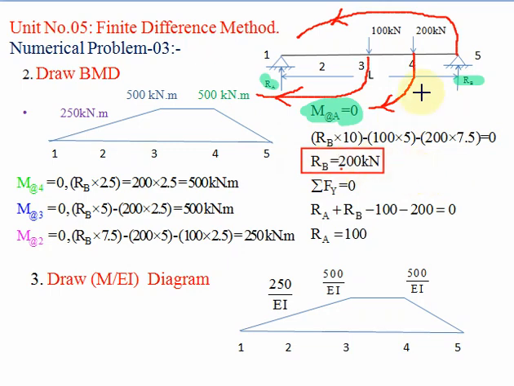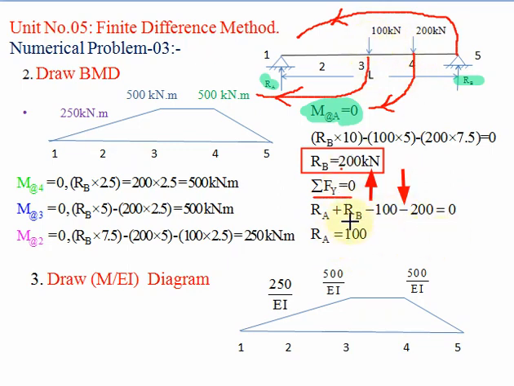Now as we know RB, the next step is to find out RA. RA is the vertical reaction at A, which is the vertical force. So here we have to apply the equation summation Fy equal to 0. Here we'll do the summation of vertical forces. If the force is acting upward, we'll consider it as positive, and if the force is acting downward, we'll consider it as negative. RA and RB are acting upward, and 100 and 200 kilonewton are acting downward. So RA plus RB minus 100 minus 200.